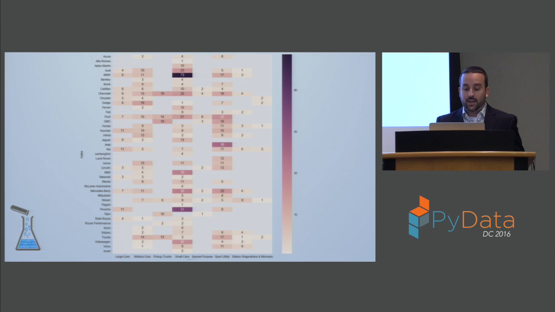So by taking a look at this, we can see that BMW is making a bunch of small cars, more small cars than any other category, and Porsche also. Ford, Chevy, and Nissan are kind of going for breadth. They make vehicles in almost every category. Jeep and Land Rover are making only SUVs. Ram is only making pickup trucks. There's a few other companies that are only making small cars, and then all the other companies are kind of somewhere in between there.